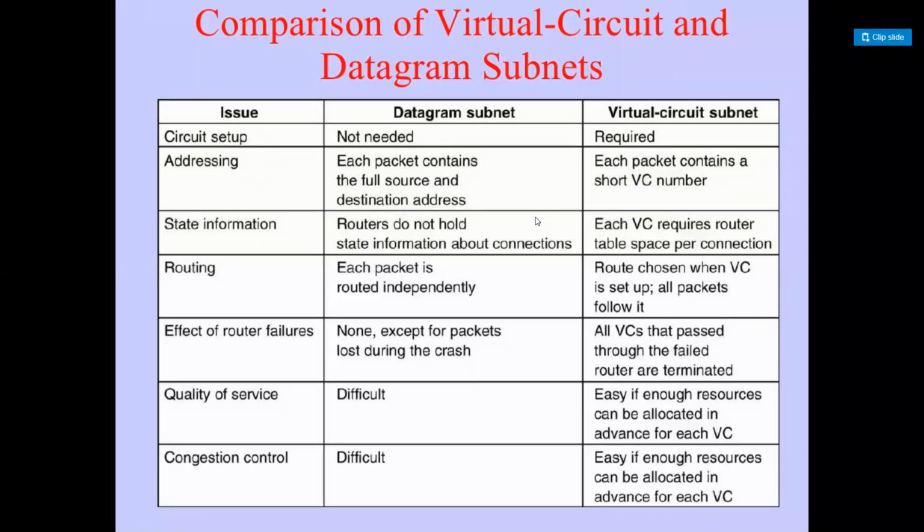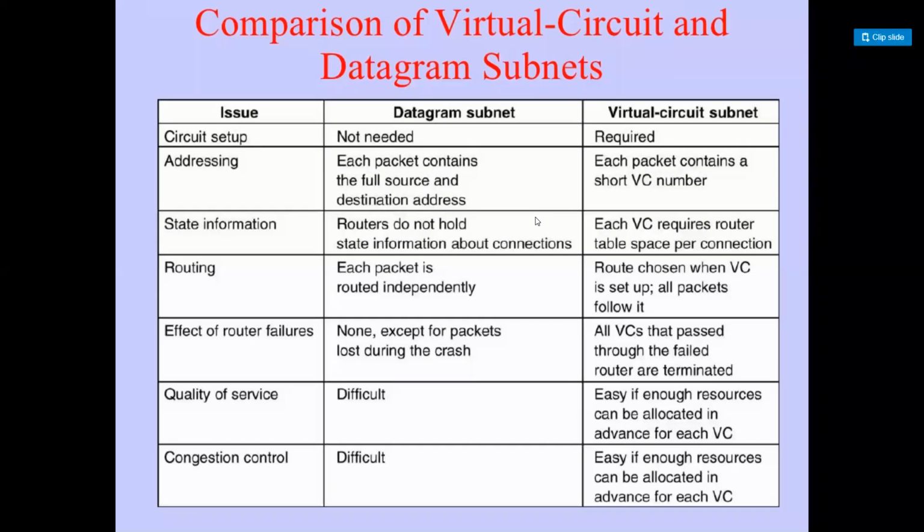I need to tell you what is congestion. Congestion is nothing but traffic in the network. The traffic in the network is known as congestion. Here, it is difficult to tell. Why? Because the packets in datagram subnet may travel in different routes. So, in one route, 10 packets may be transmitted. In another route, one packet may be transmitted like that. It is a very difficult task to tell about the congestion control.